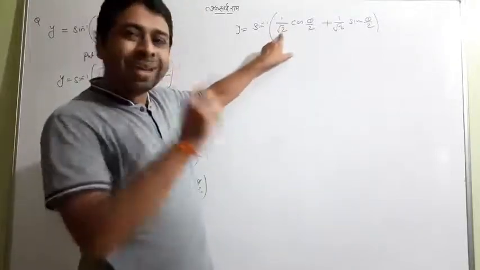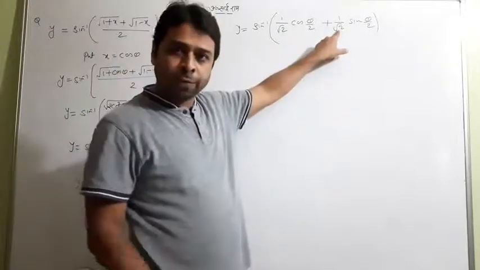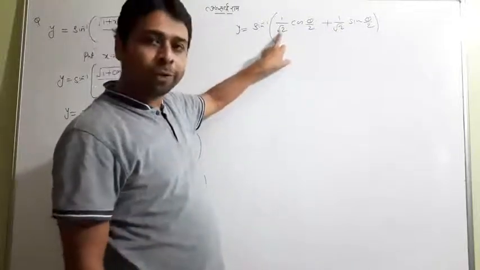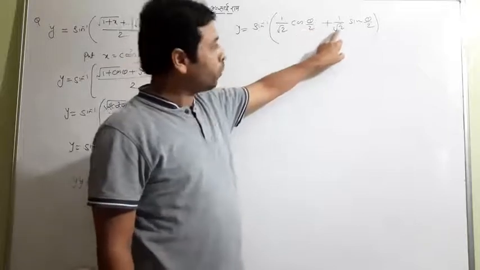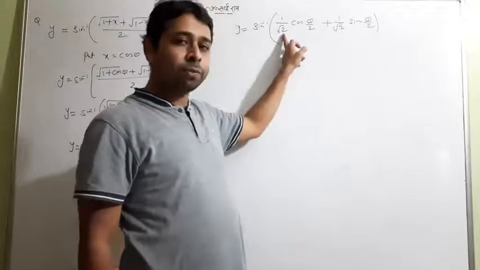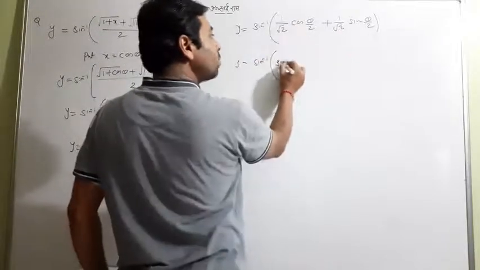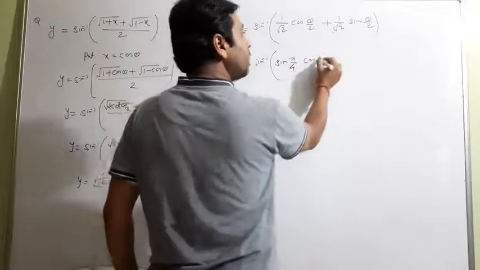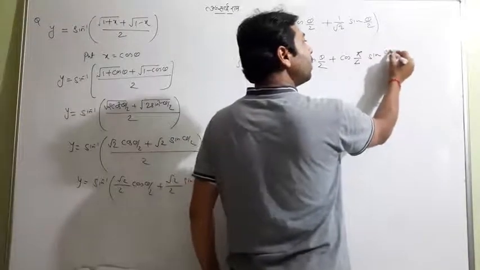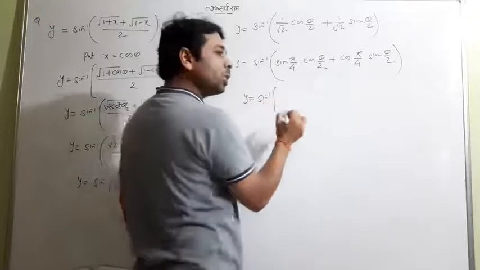You can read along with me: it is a sine 45 and it is a cos 45. So intentionally you have to read like that. This is sin 45 cos theta by 2 plus cos 45 sin theta by 2. You know that cos 45 is equal to 1 by root 2 and sin 45 is 1 by root 2. So we change 1 by root 2 to sin 45 cos theta by 2, and this is going to be cos 45 sin theta by 2. And why have I written like that? Because now a very interesting term is coming.